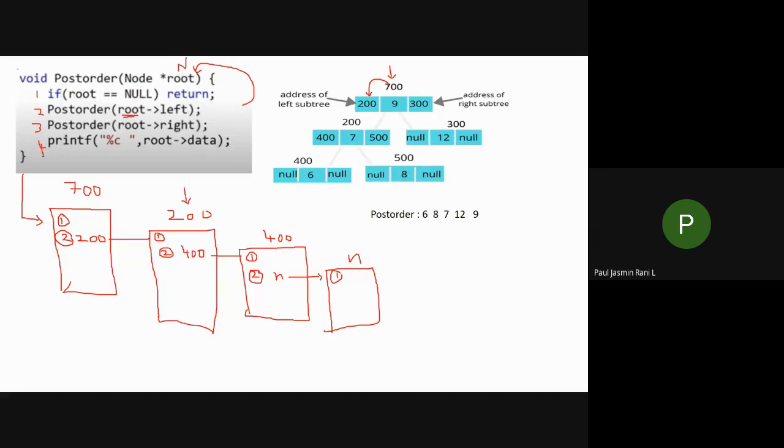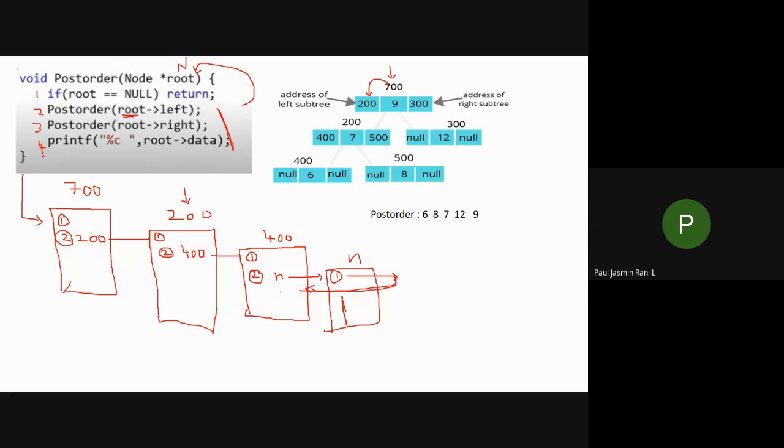If root is equal to null, I have to return back from the function. So I will not execute these three statements here. I am back to the function, returning back to where this function was called from.